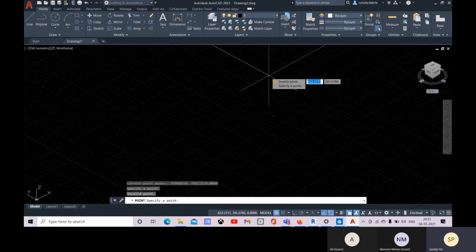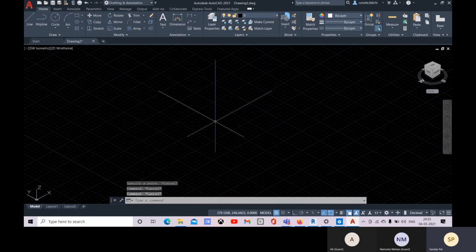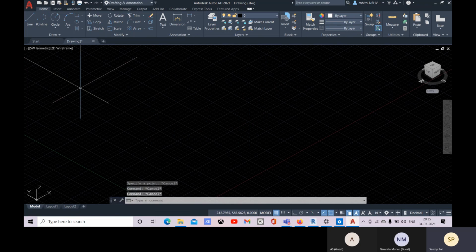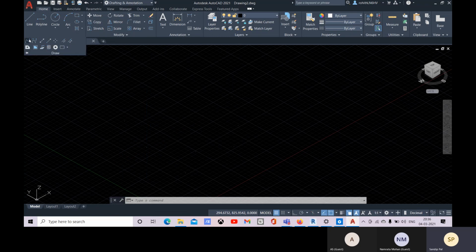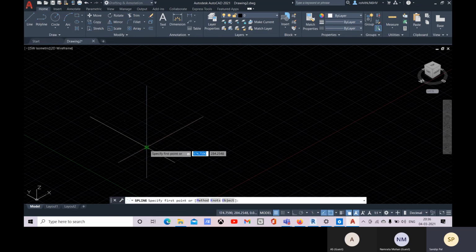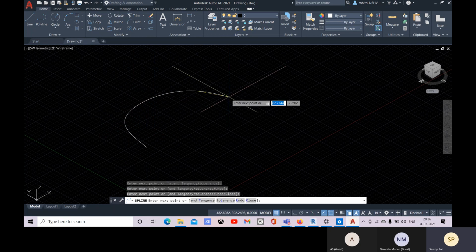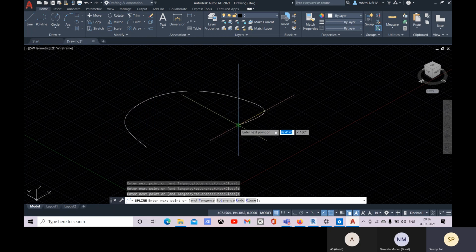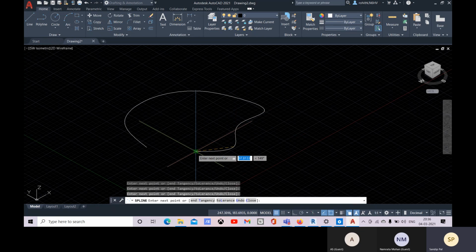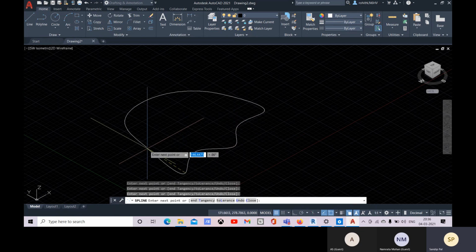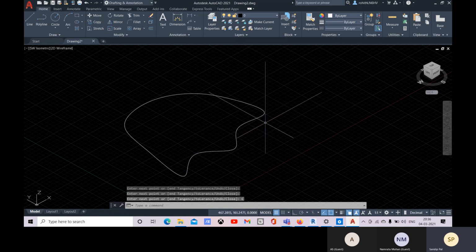These points are created, and if you want to specify your control lines, you can specify them with these lines. Or else you can just close. So you have the points also.